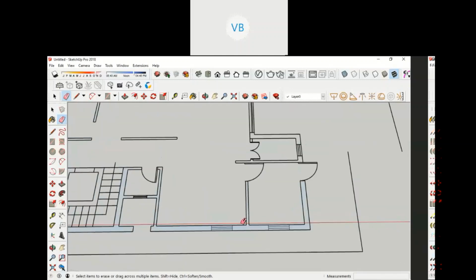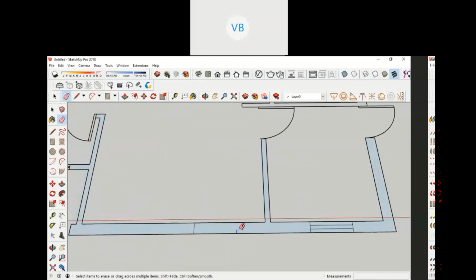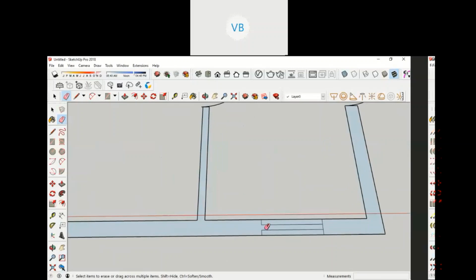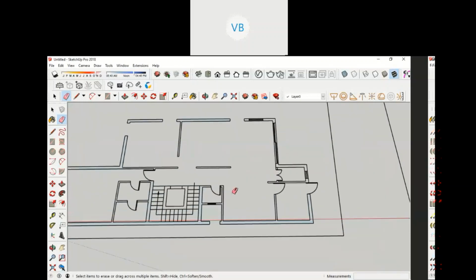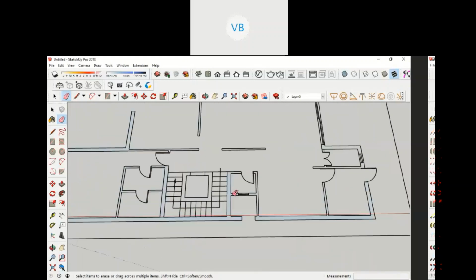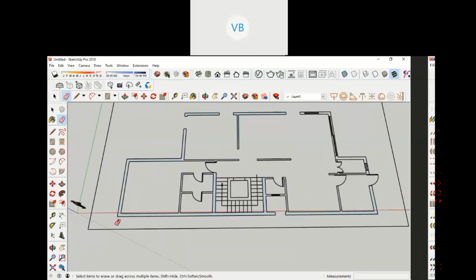One thing you need to see while importing, right? While importing AutoCAD to SketchUp, make sure the units in AutoCAD and the units in SketchUp are the same, right? Otherwise, it will be very difficult for you to work. For example, if the AutoCAD file you are working on is in feet and inches, and the SketchUp file is in millimeters and meters, you might have to work in millimeters and meters.